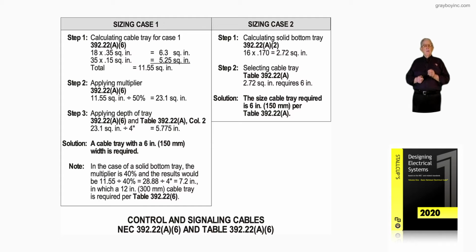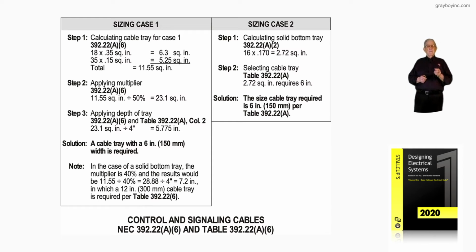Step 3, we apply the depth of the tray. And of course, 392.22(A)(6), we reference Table 392.22(A) column 2, and we would take the 23.1 square inch and do the math with the 4 inch, and we come up with 5.775. Now the solution, we would select a cable tray with a 6 inch width, and that is what would